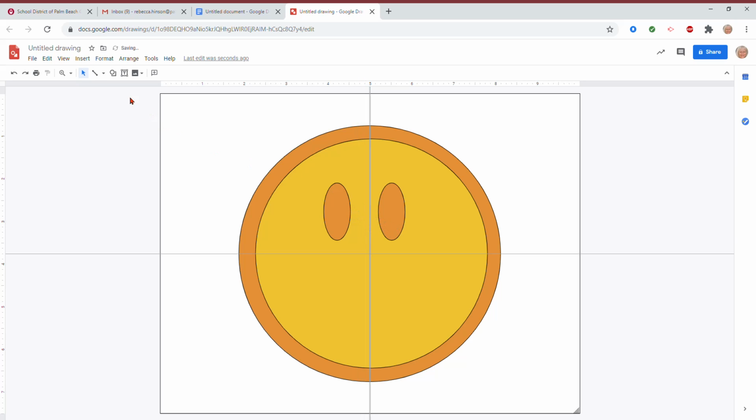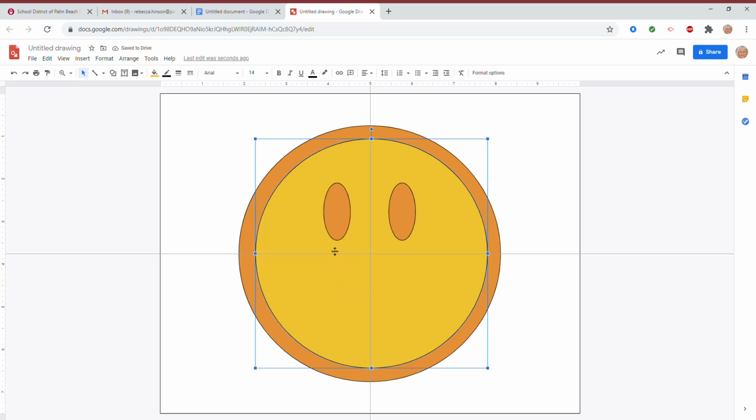I'm going to use a ruler to help me place those eyes so that they're an equal distance from the center ruler. I'm going to select the shapes again